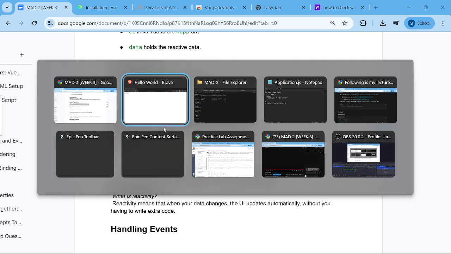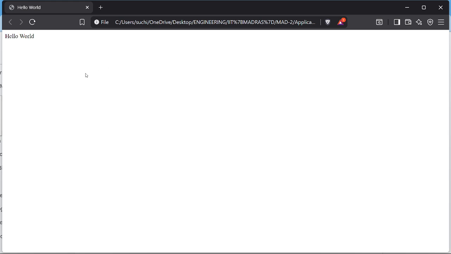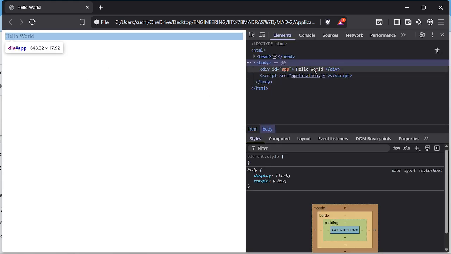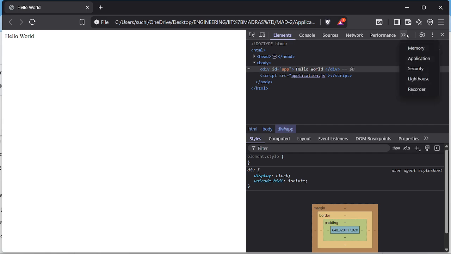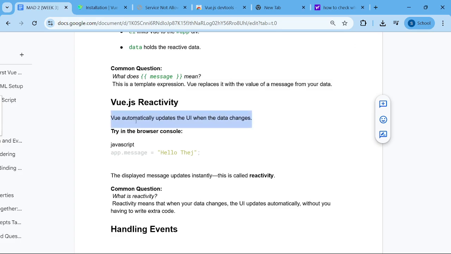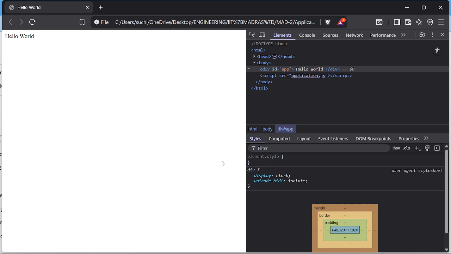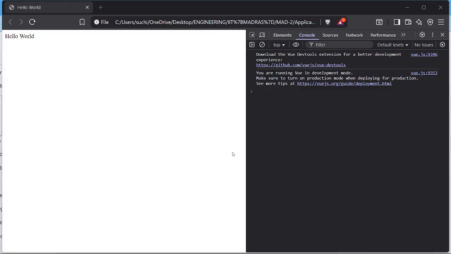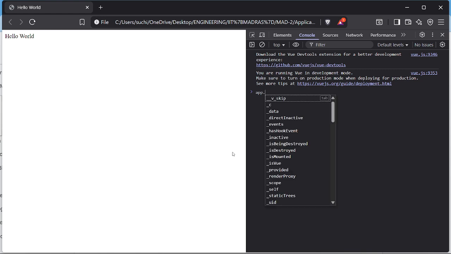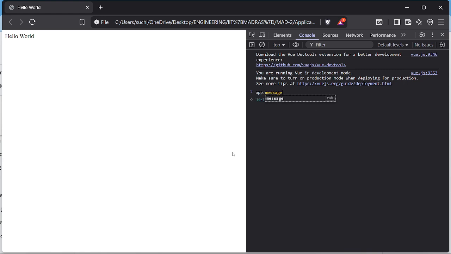Okay, let's try it in the browser console, JavaScript. Inside the browser, there's no Vue option, right? Is there a console here? Okay, inside the console we'll have to write app.message equals to